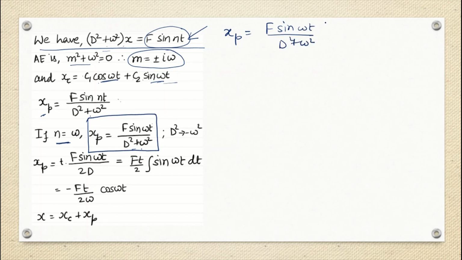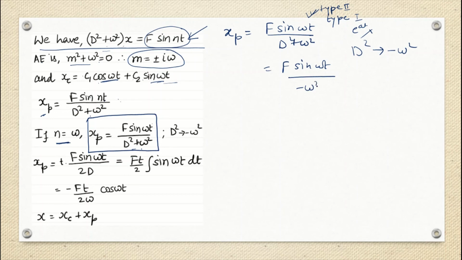So always you have to start by checking whether you can solve this question using type 1 of the PI method. In type 1, an exponential term is not present. So yes, this is my type 2. Type 2 says that a trigonometrical function is present. So here we are replacing d square with minus omega square, correct? So we write f sine omega t by d square replaced with minus omega square, because this omega is present here.